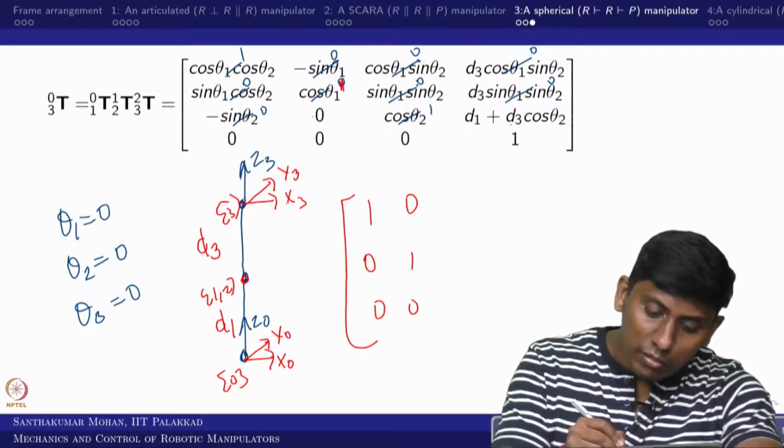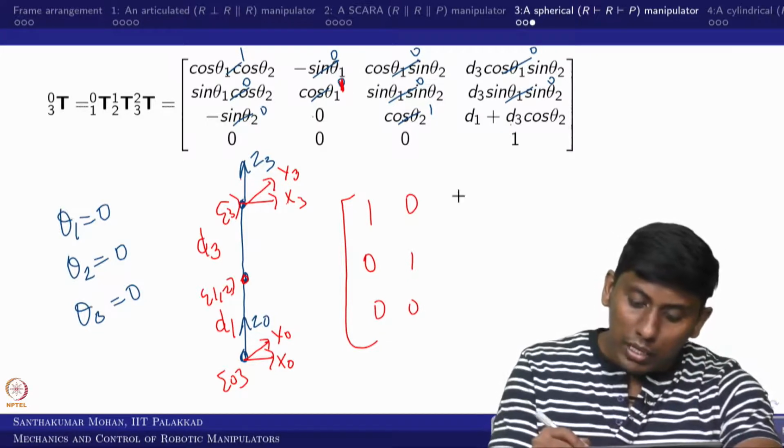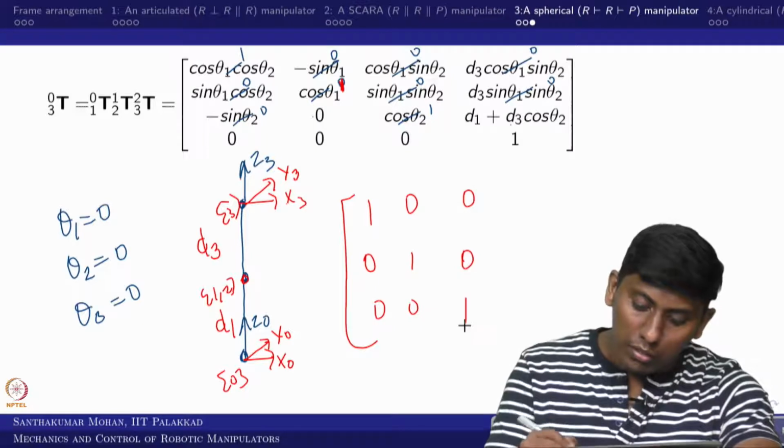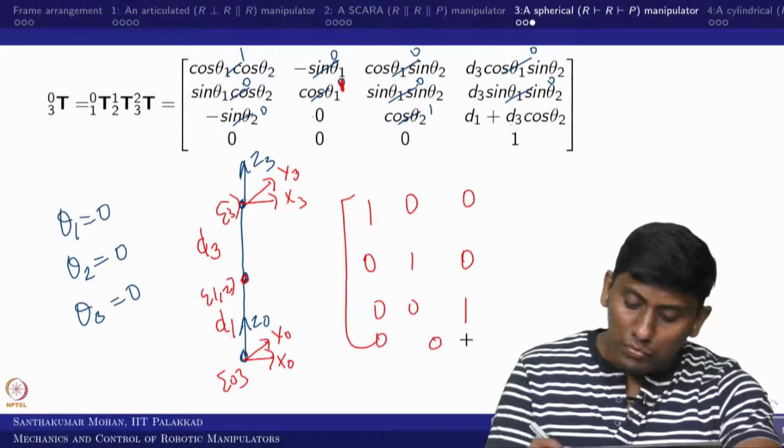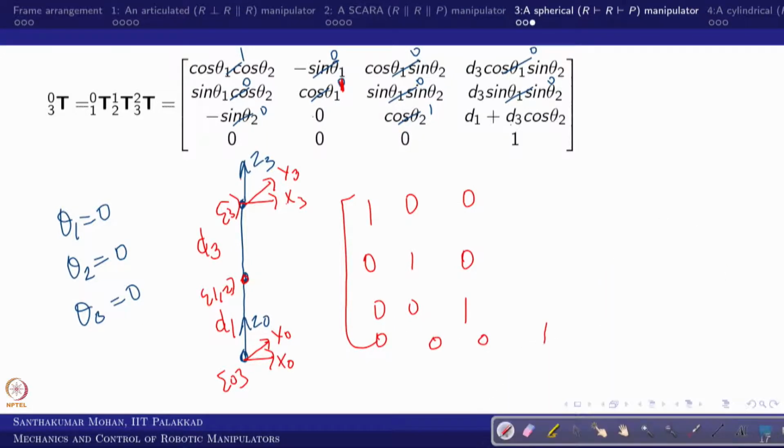So you can see this is 1, okay. Then the third one is 0 0 1, and what would come the other way around? The X axis displacement, between 0 and 1 there is no displacement, 0, that is what we cross checked. Y also has no displacement, and Z axis is D1 plus D3. In this sense the matrix is correct, right?